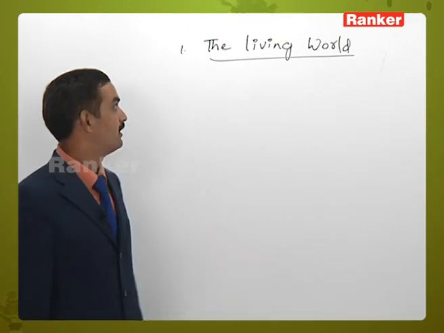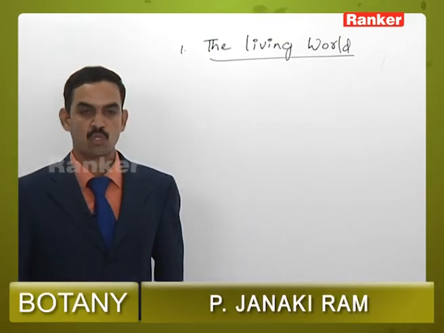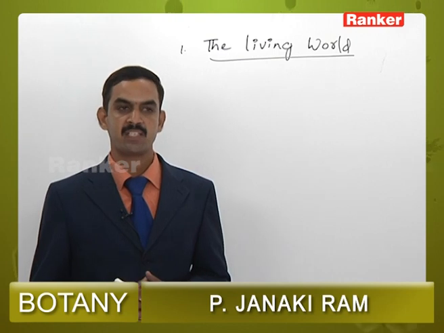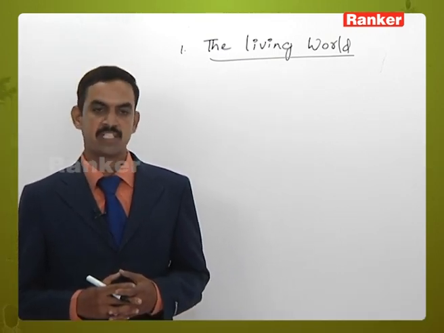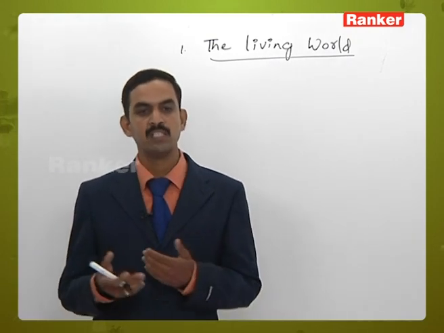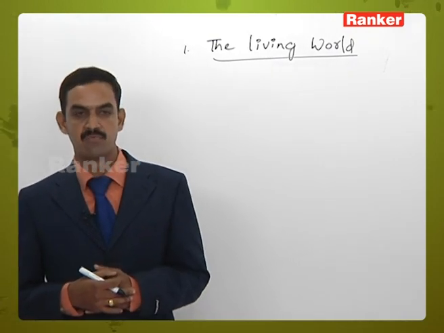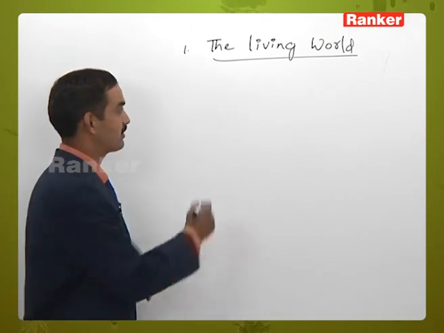Chapter number 1, the living world. This is a topic which deals with the various types of living organisms present on the earth. So it includes both animals and also the plants. In this lesson, the first question is,